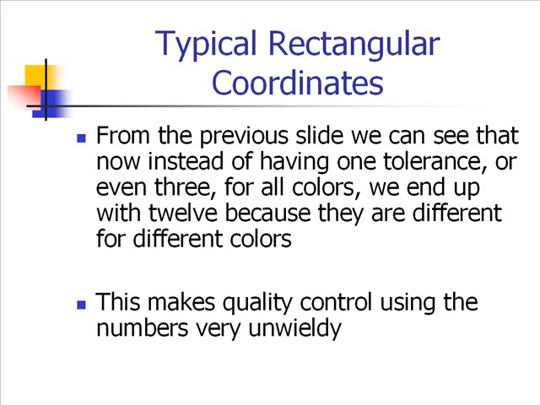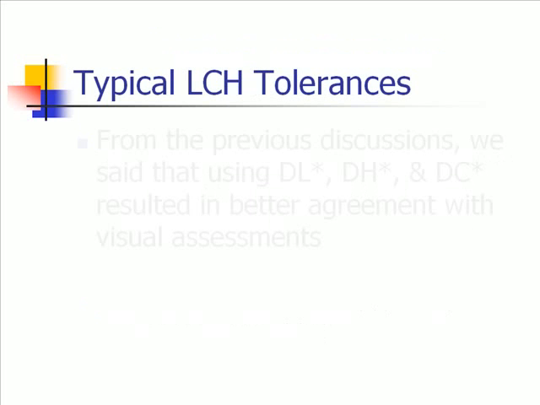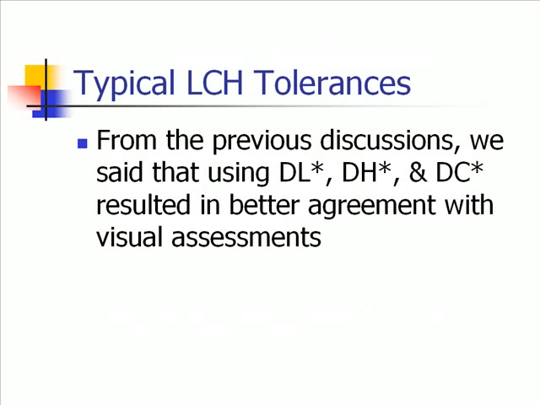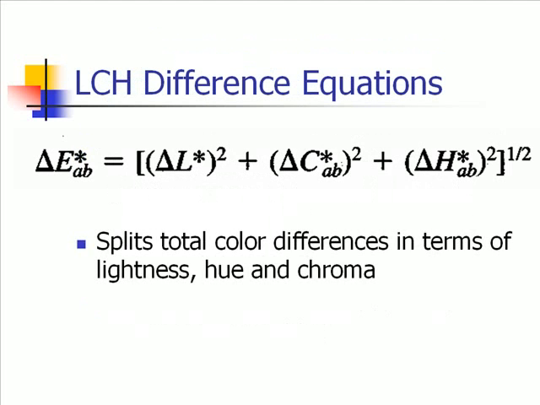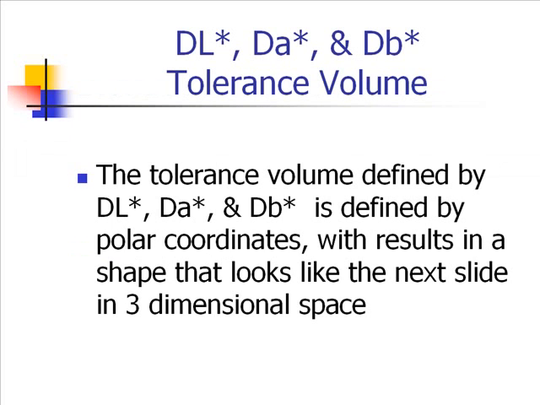You're probably thinking to yourself, well, why don't we use L, H, and C? That was better. Let's look at this to see how much better L, C, and H is. We can split our total difference now into L, C, and H. Same total difference and the same L, so we're really substituting C and H for A and B. Now the tolerance volume defined by LCH is defined by polar coordinates,